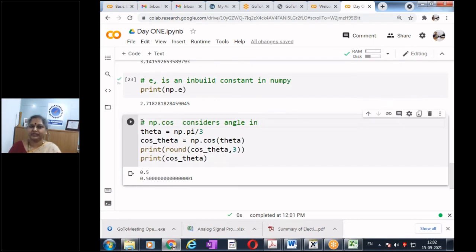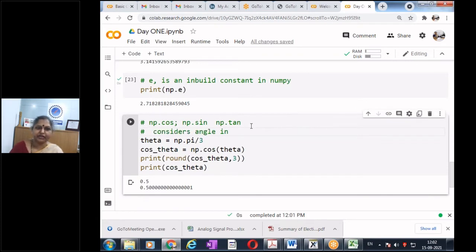Consider the np cosine function, np.cos or np.sin, or we also have np.tan, considers the angle in radians. That is very important. By default, it considers the angle in radians.